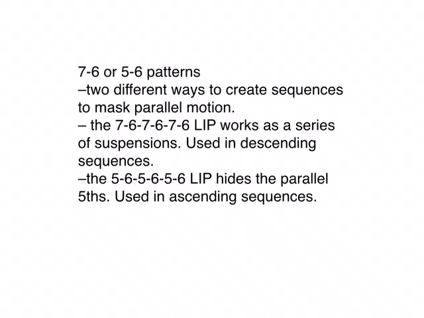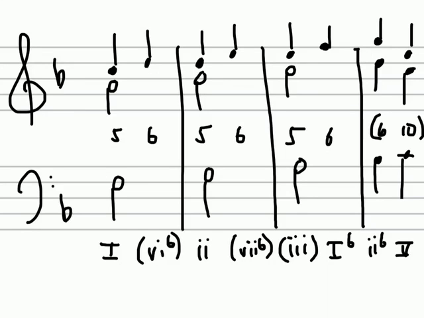We could also use that in an ascending pattern where we have 5/6 for each segment. So the linear intervallic pattern is 5/6, 5/6, 5/6. And this is a good way to hide the parallel fifths we'd ordinarily get if we went directly from a 1 chord to a 2 chord to a 3 chord in a sequence. It's often used in ascending sequences, and let me show you. Here in this sequence in F major,